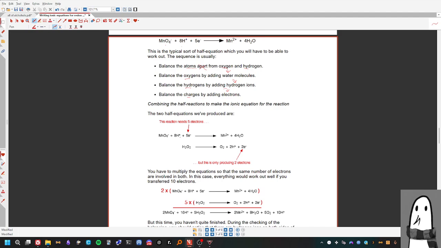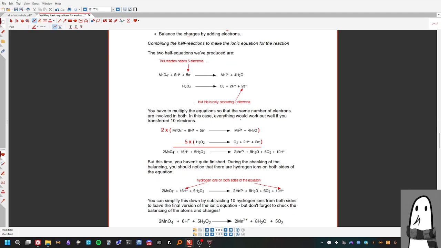So we have MnO4⁻ + 8H⁺ + 5e⁻ → Mn²⁺ + 4H2O, and then your second equation that we did first was H2O2 → O2 + 2H⁺ + 2e⁻. Now we just need to balance these electrons, so we're going to multiply by 2 on the top and 5 on the bottom, and in the end we're going to have this: 2MnO4⁻ + 16H⁺, because 2 times 8 is 16, 2 times 5 is 10, and 5 times 2 is 10, so forget about the electrons, they've cancelled. 2Mn²⁺ + 8H2O,